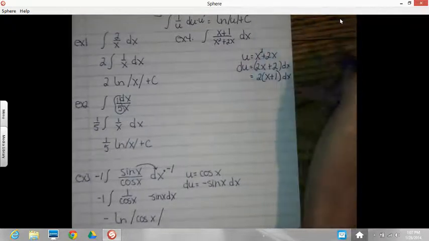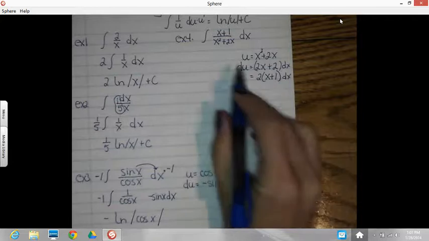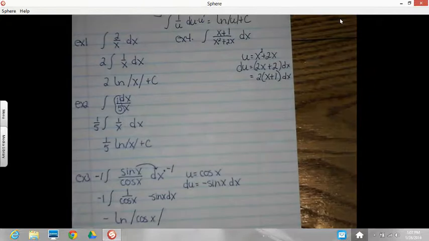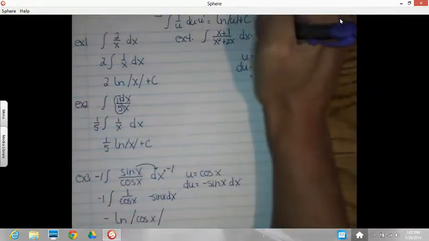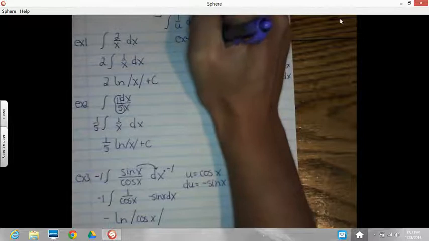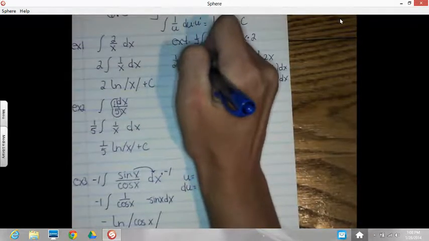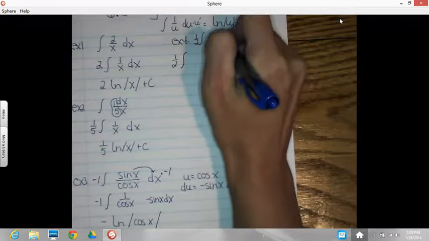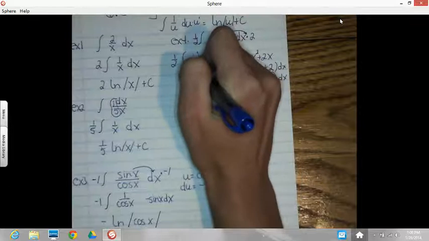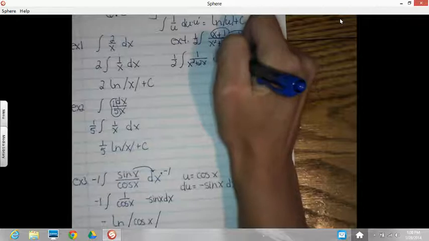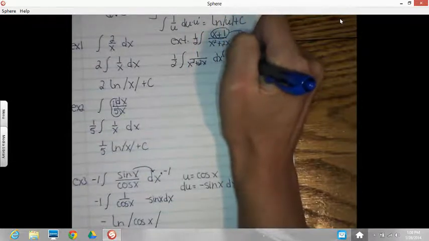So this is what I need attached to the dx in order for this to integrate to the natural log. So I'm going to slide this whole group over and multiply by that 2. So if I need a 2 here, I need a 1/2 out in front. And then I'm going to make it look right. So it's the 1/2 integral. I'm going to slide the x plus 1 over next to the 2. That'll leave a 1 in the top. X squared plus 2x, and then I've got the dx with the 2 times the x plus 1 all over